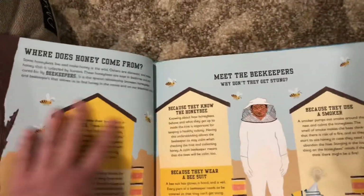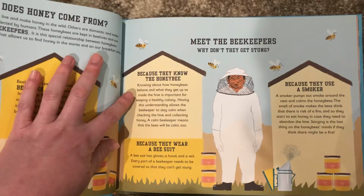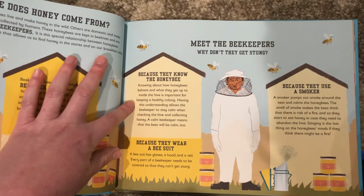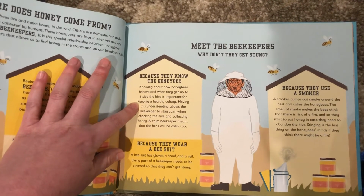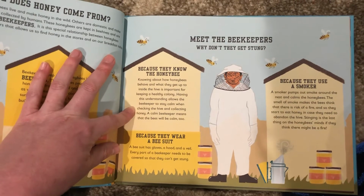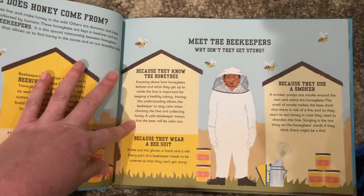Meet the beekeepers. Why don't they get stung? Because they know the honeybee. Knowing about how honeybees behave and what they get up to inside the hive is important for keeping a healthy colony. Having this understanding allows the beekeeper to stay calm when checking the hive and collecting honey. A calm beekeeper means that the bees will be calm too,